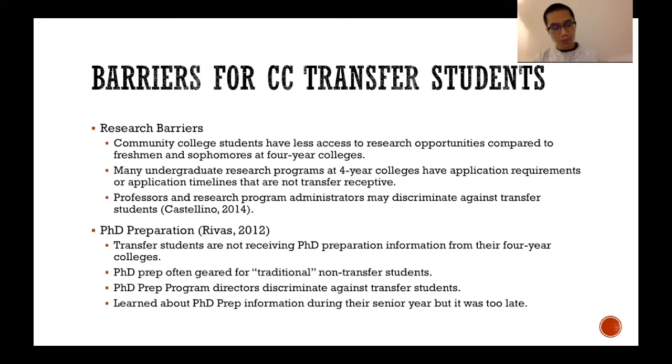It's very difficult, if not impossible, to prepare a selective PhD application in one quarter or one semester. It often takes about two years if you want to be a very selective PhD applicant. You need to take the necessary prerequisite courses, study and do well on the GRE, get involved in research, and establish very strong relationships with recommenders, right?